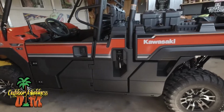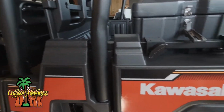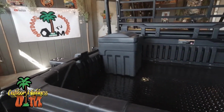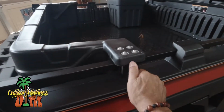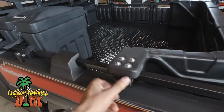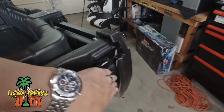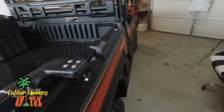Of course, on this unit too, you have a dump bed, just like on the trans cab or the FXT. So what we're going to do, we're going to push this back up. Let's go ahead and tighten them back down. Just like that. And then we close them up. All right. And to dump your bed,